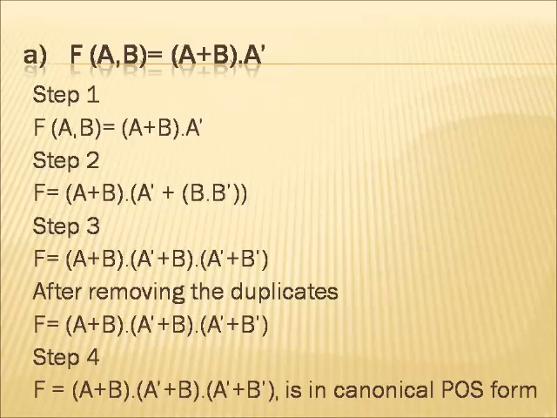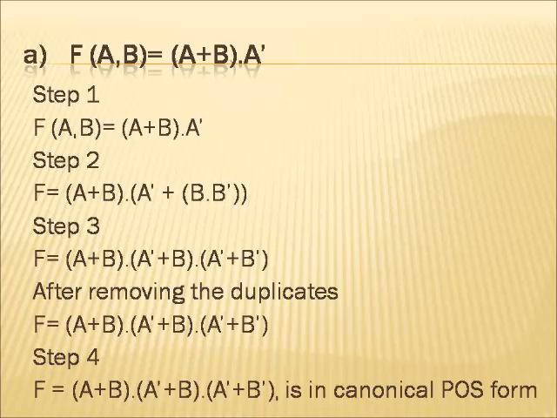So the first one we can convert into, so the given expression in the POS form we have to convert into its canonical form, right? The given expression is f(a,b) = (a + b)·(a bar). In the first step, we have to look for the missing terms. So this Boolean expression f(a,b) = (a + b)·(a bar), which is in POS form,